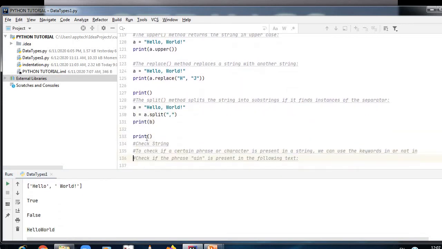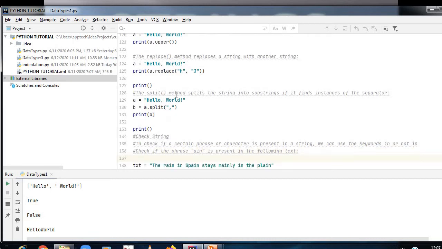Now another method that we are using, that is the split method. The split method splits the string into substrings if it finds instances of the separator. Now here hello world. What will happen? Over here hello is a separate entity, and world will become a separate entity because the string has been split.